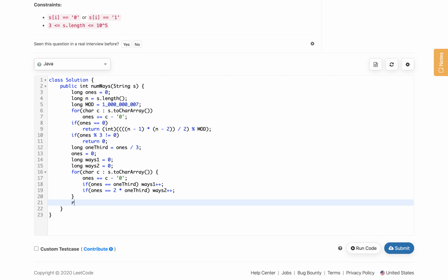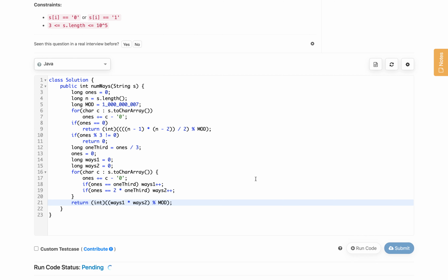Now in the end we will return the number of ways. First we will typecast, and now we will multiply base 1 star base 2 and take the modulo with mod. So this is how the solution will work.